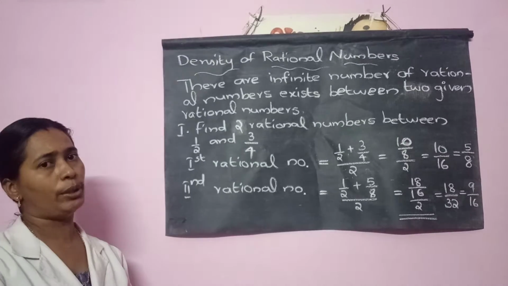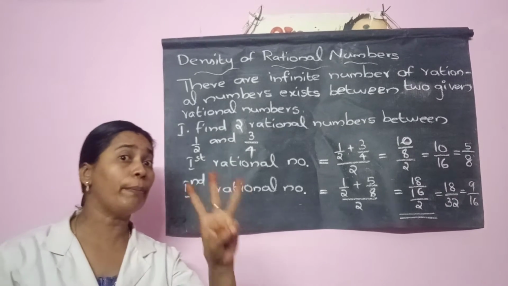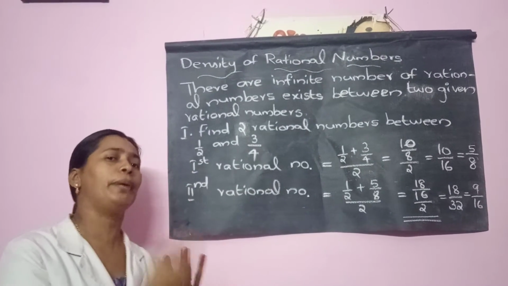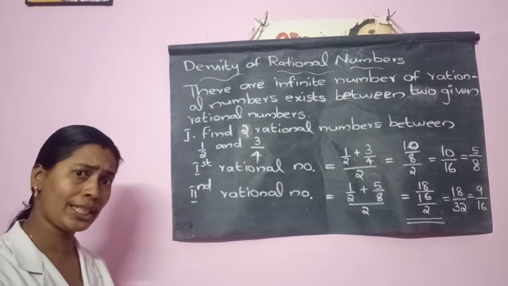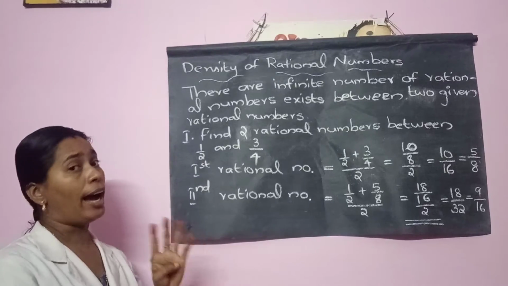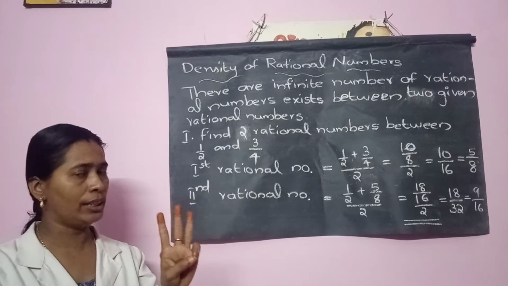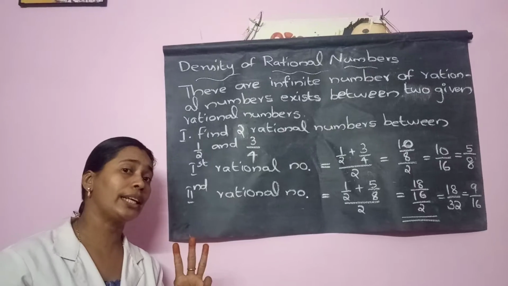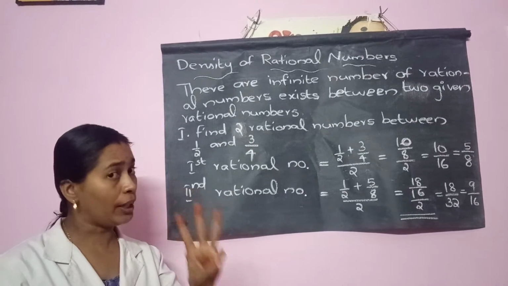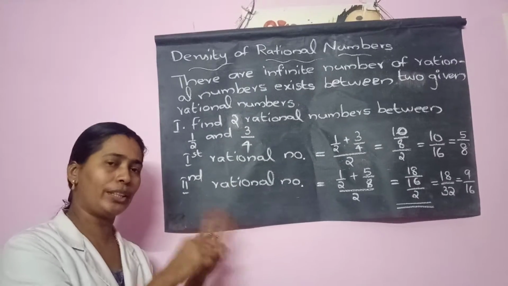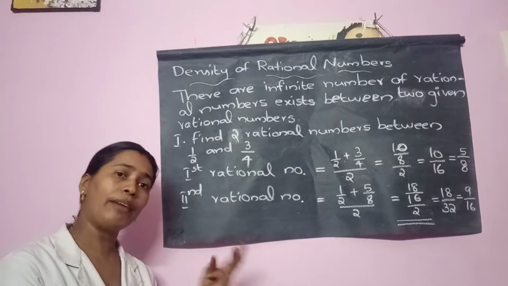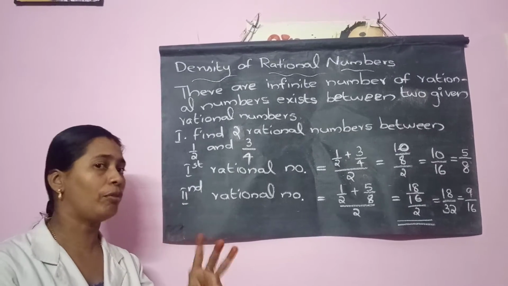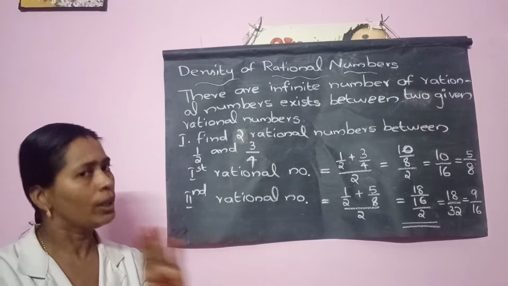But here in your textbook, there are three methods given to insert rational numbers in between the givens. Let me start with the first method. After completing the three methods, whichever you feel is easy, follow the same for answering checkpoint questions. But you should know what the three are. Just understand, and which one you need, you can select. Choice is yours. But we must go through the three methods.